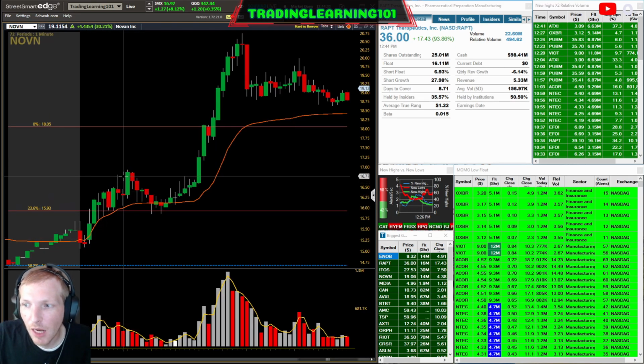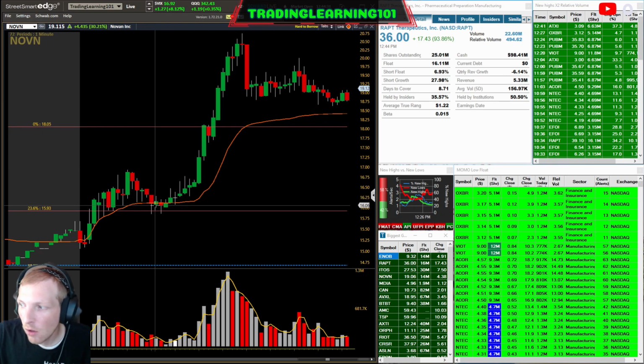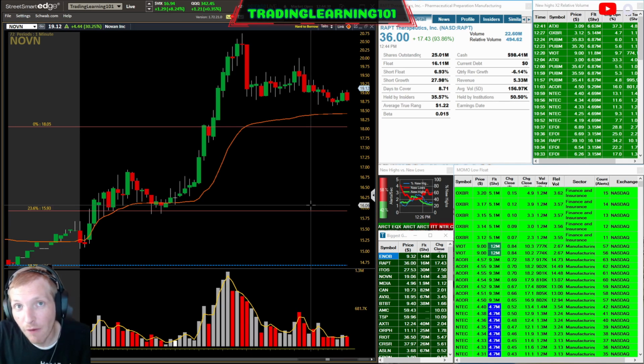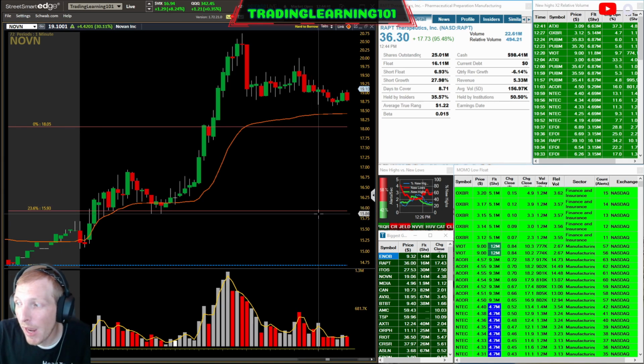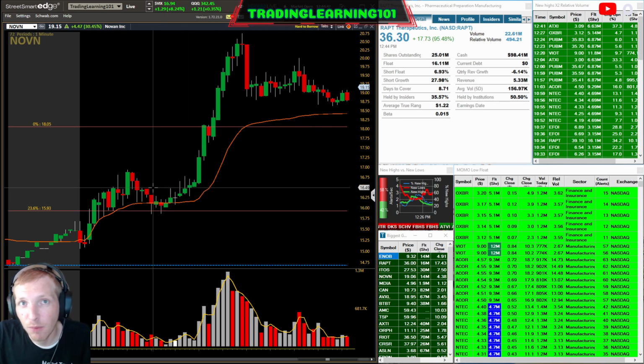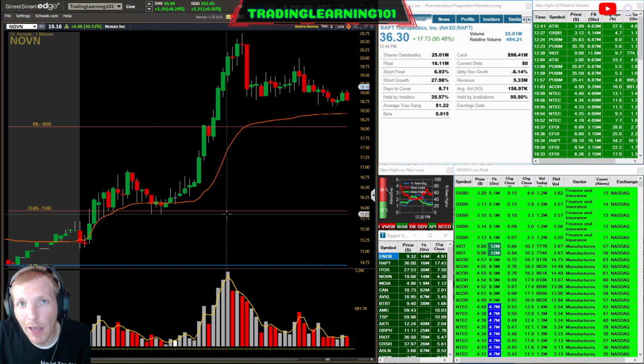Starts perking up, taking off, comes down, holds VWAP, and it's at $16. You notice how every single time as well, I'm paying attention to what the price is at. It's pretty ironic when these stocks pull back, how they just hang around or play around at psychological price levels, whether it be whole dollar levels, 75 cent, 50 cent, 25 cent. That's because everybody is buying and selling around those areas.